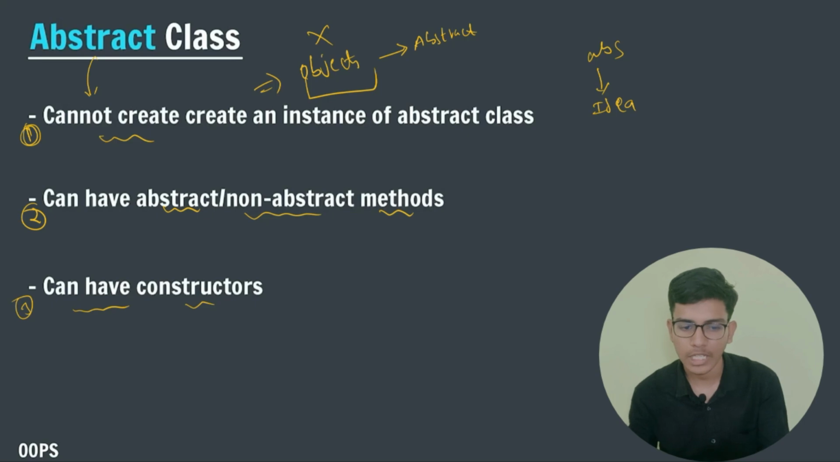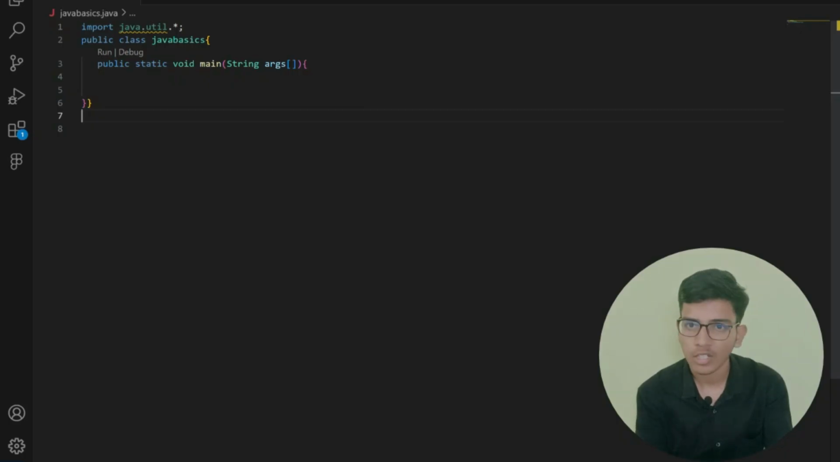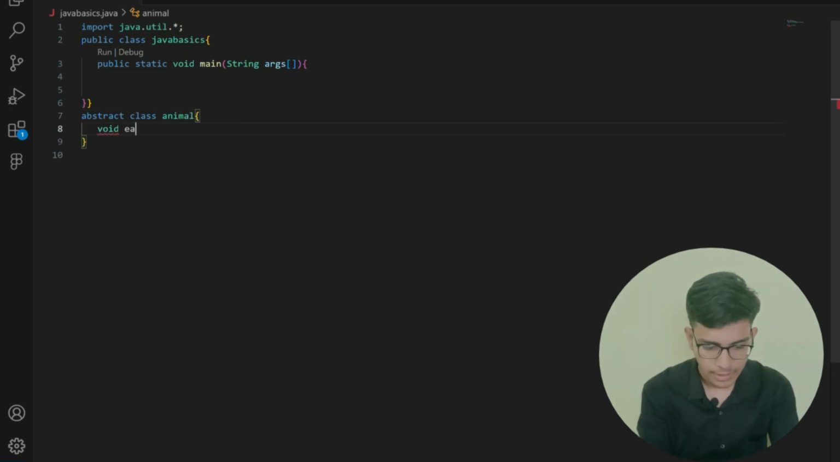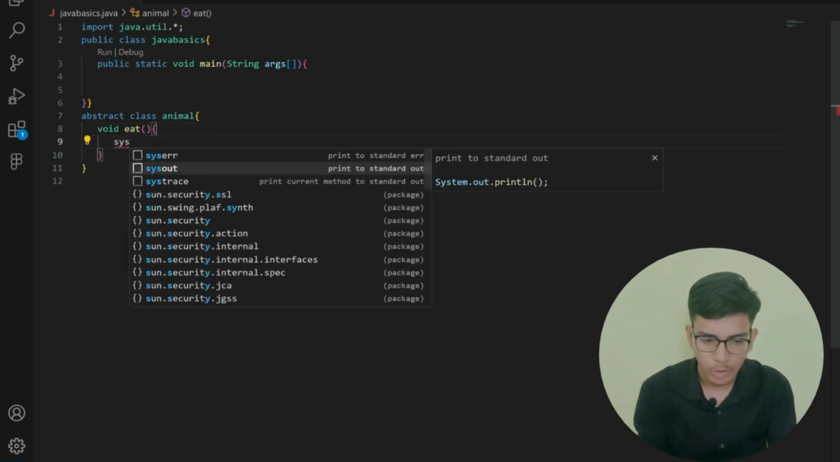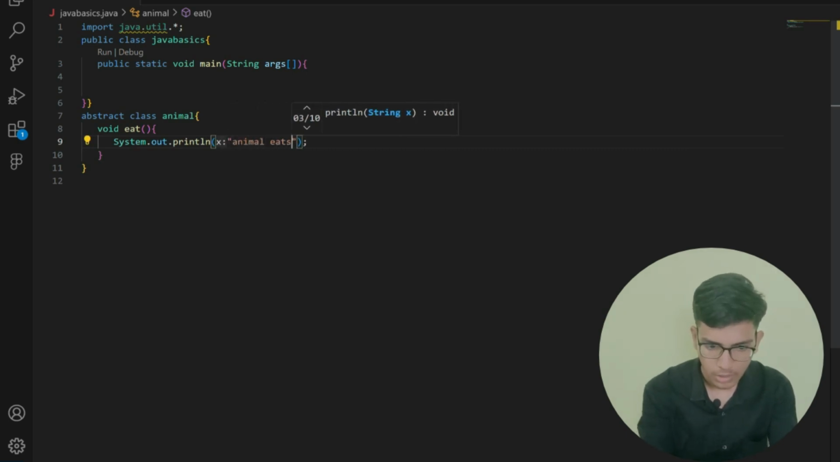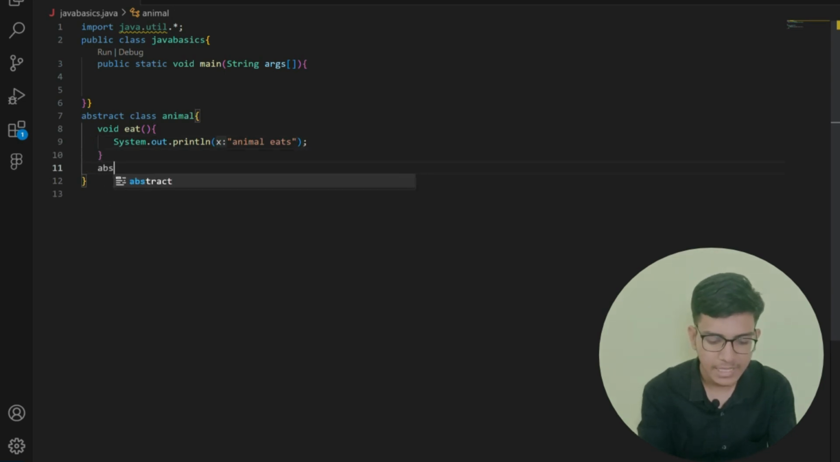Now let us see how we can create an abstract class. To understand the concept of an abstract class, I am creating one so that you will understand how an abstract class works and why we use it. I am going to create an abstract class Animal. In this, void eats, I am going to create a non-abstract method. In this I am going to print System.out.print animal eats. After that I am going to create an abstract function, abstract